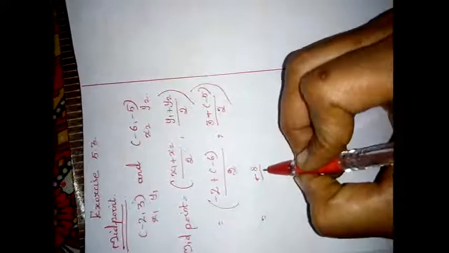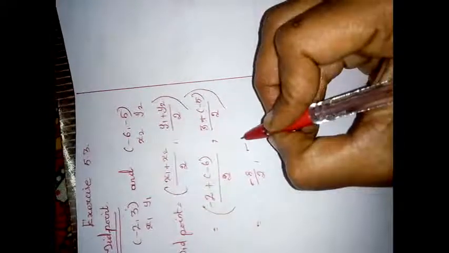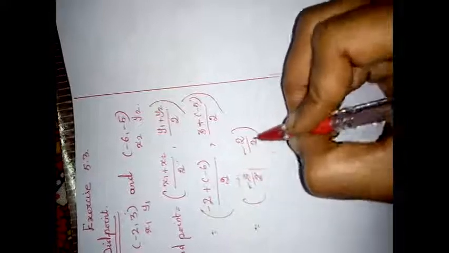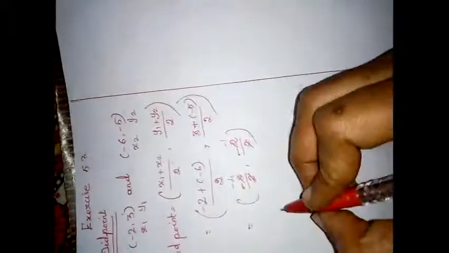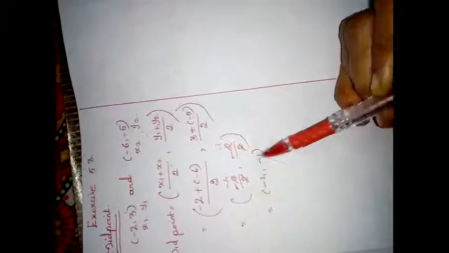Now -2 minus 6, the answer is -8 by 2, and 3 minus 5, plus into minus is minus, so 3 minus 5, the answer is -2 by 2. If we cancel this, the answer is -4 and -1. So the midpoint of the segment joining the points (-2, 3) and (-6, -5) is (-4, -1). Likewise, the second sum you can do